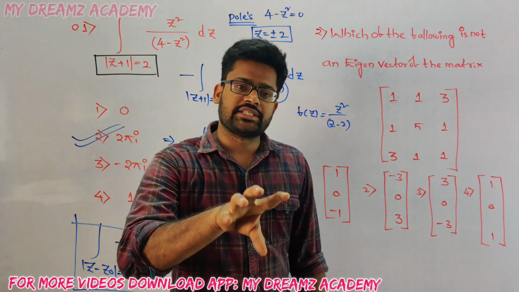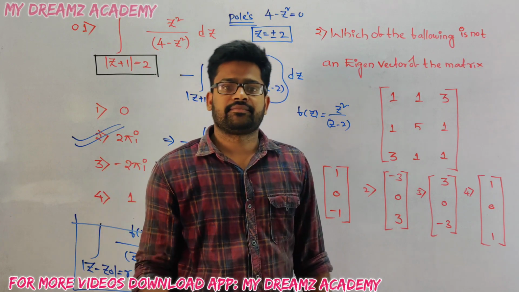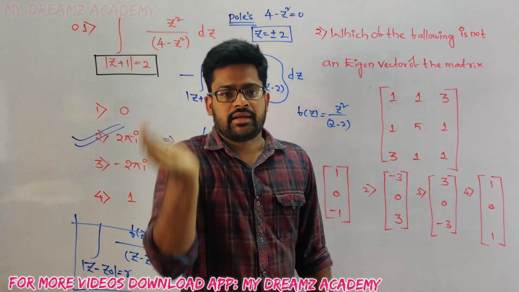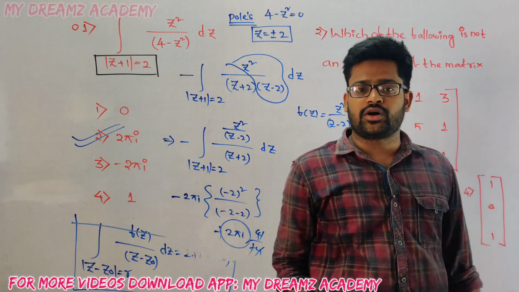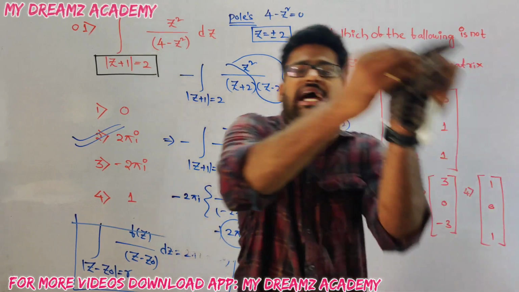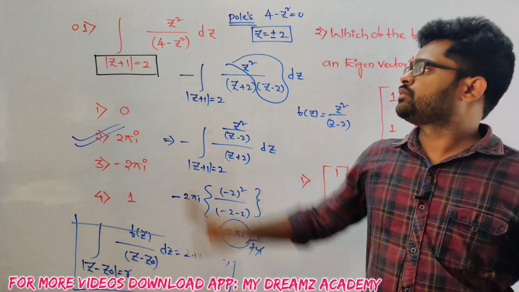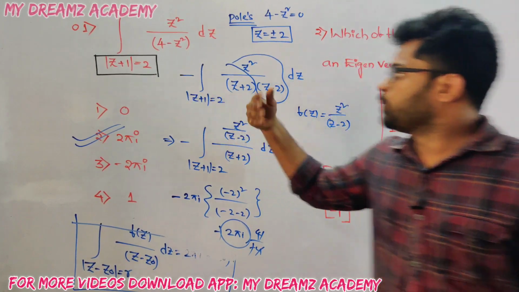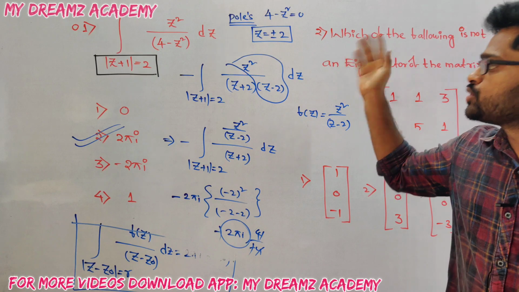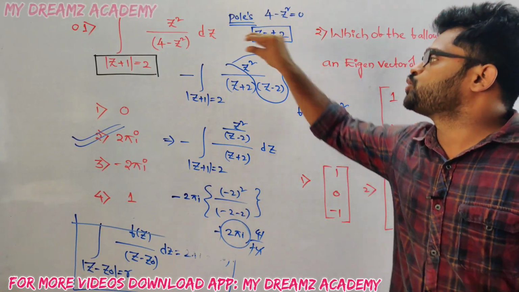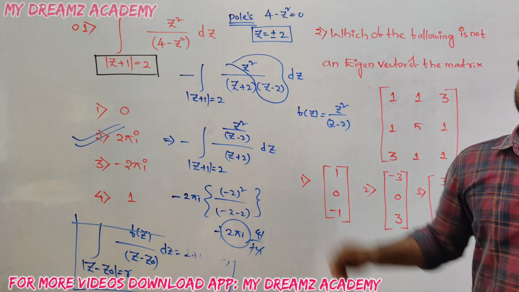Okay, and one more thing, while indicating the poles, you need to see the denominator function. If the pole is inside the circle, then you need to consider. If the pole is outside the circle, the Cauchy's integral formula for that one is 0. So you need to make that function to the actual function. Actually the function is z square here, but the pole z is equals to 2 is outside the circle. So you need to add that z is equals to 2 is also for the function. Like that we need to solve this.